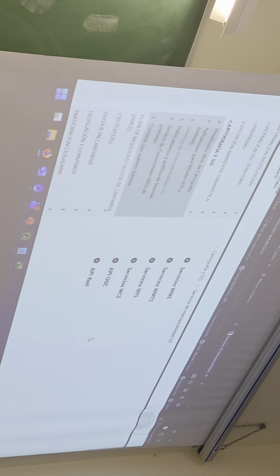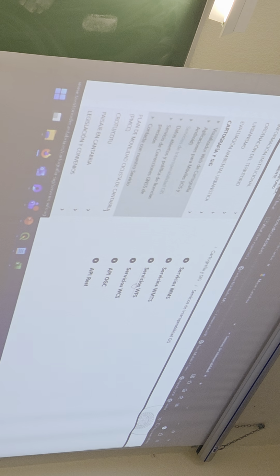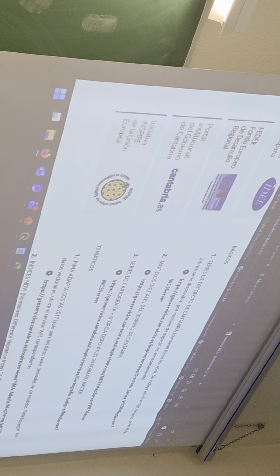When you want to use this data but you don't want to download it for any reason, you can use these interoperability GIS services. This is images. This is save files, so WCS. Raster. You go to WCS, and here you can link to the DTM of Cantabria. So you can copy this link,